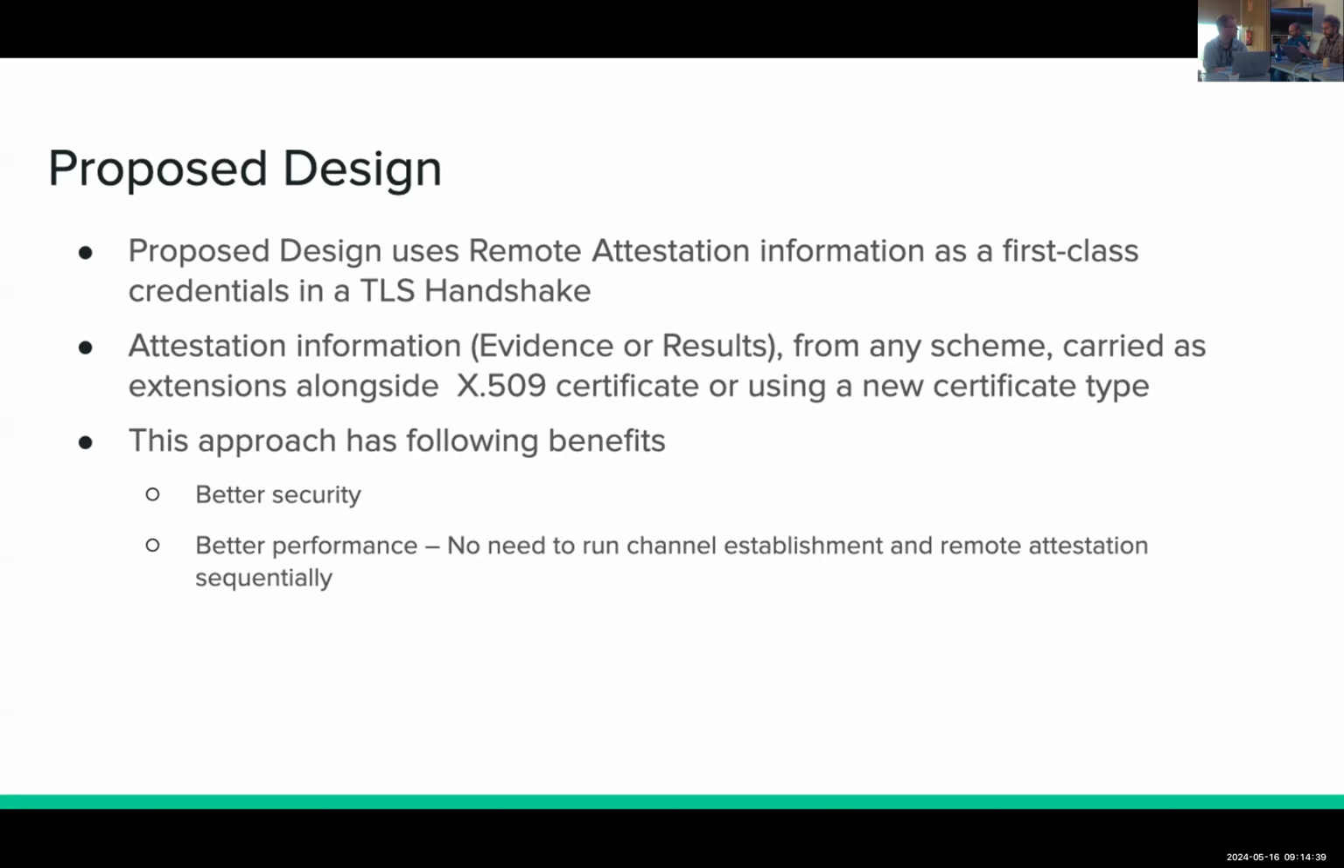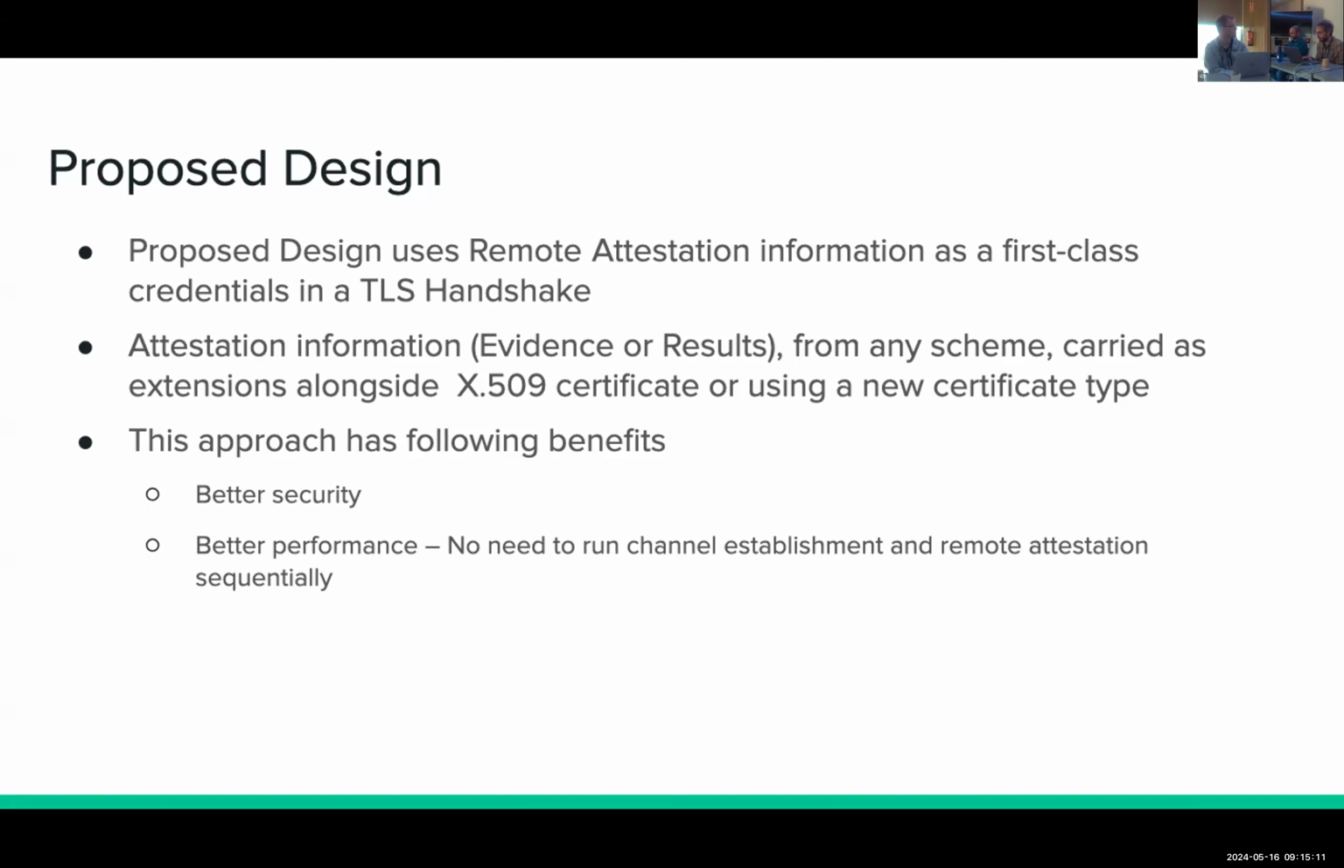We think that this approach has benefits, of course. One is better security, in the sense that, as I said, we augment the authentication primitives with attestation, and therefore we provide more granular, more interesting security metrics that can be evaluated by the peer in terms of their access policies and whatnot. And also we think it's going to be better performance, especially in terms of latency reductions,